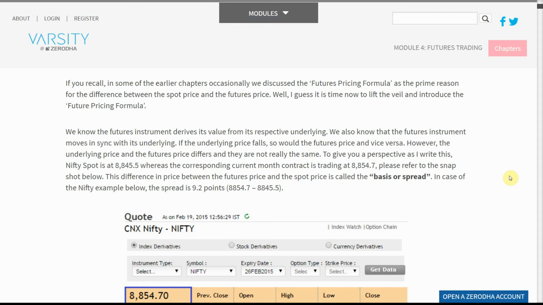To give you a perspective, as I write this, Nifty spot is at 8,845.5, whereas the corresponding current month contract is trading at 8,854.7. Please refer to the snapshot below. This difference in price between the futures price and the spot price is called the basis or spread. In case of the Nifty example below, the spread is 9.2 points,